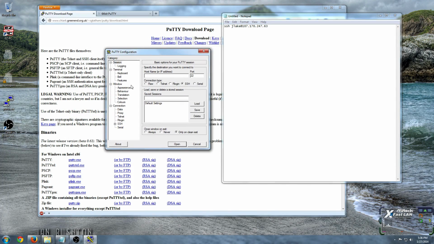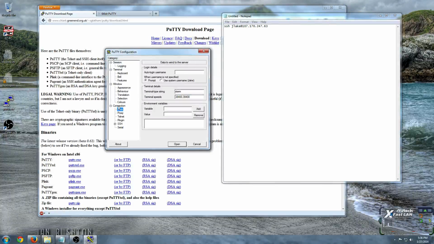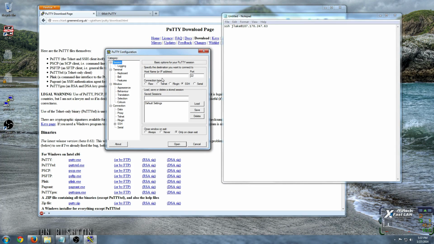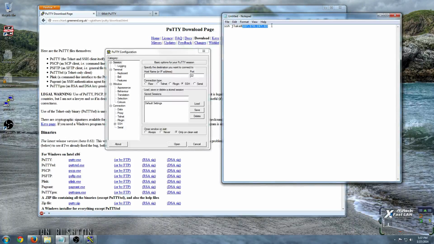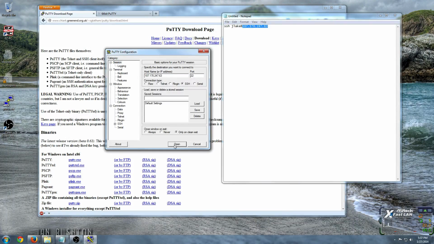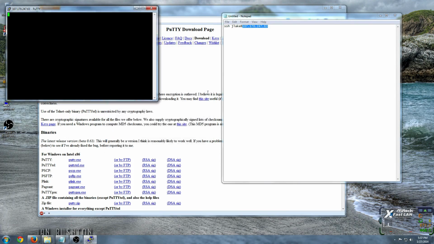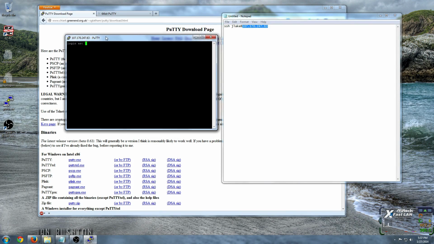If we come in here and look at this, when we go down to connection data, when we open PuTTY, it says, what username do you want to log in with? You can use your system name. My system name is Jake, or you can just have it prompt you. So I'm going to leave it to prompt me. And then if we come up here and look, it just asks for the IP address then. So if I just throw that in there, and I say open, it's going to open this PuTTY window,